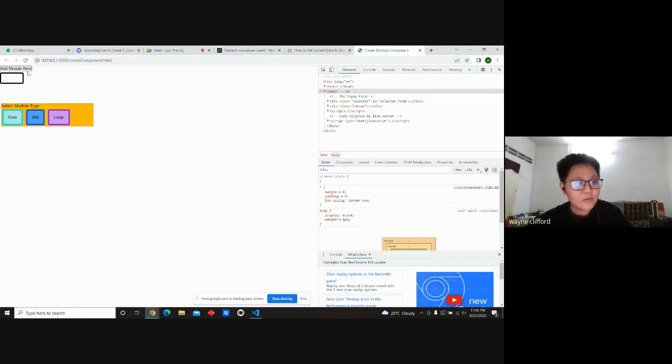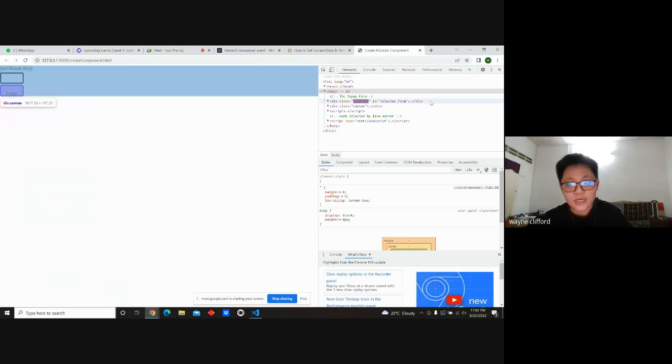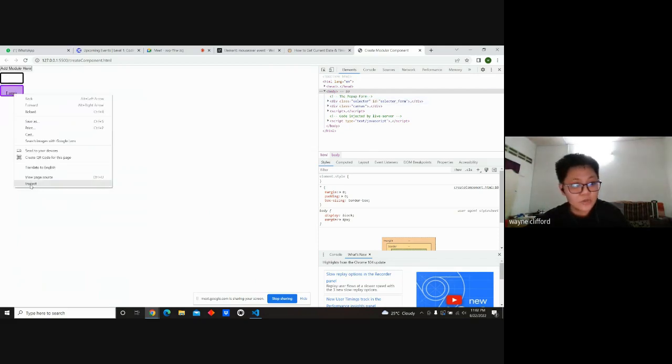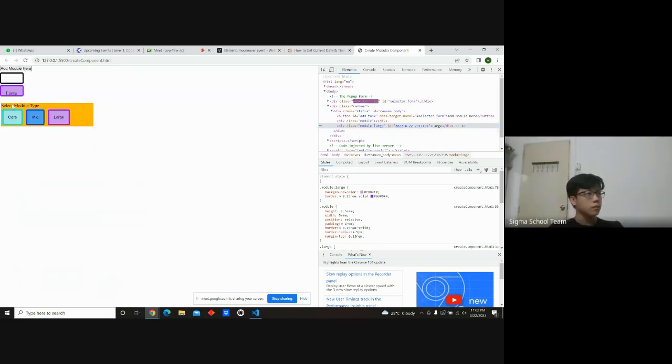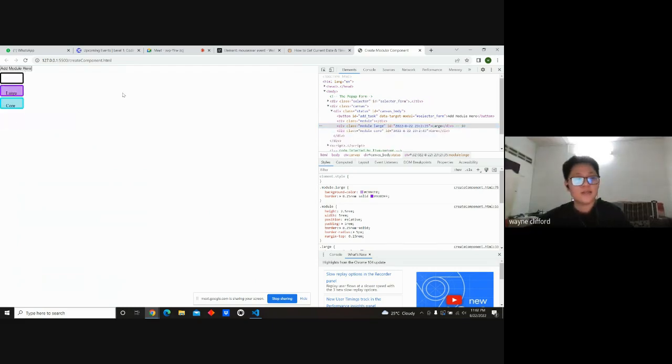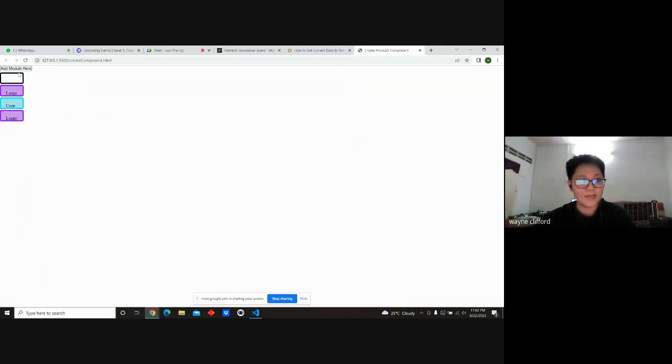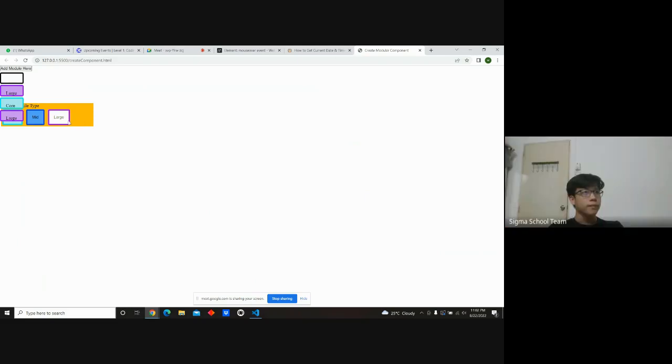Okay, so I add a module, I add a large. Yeah, it displays a large, and to inspect the element, it will show the current date. Okay. So I try to think how to make this whole thing become a hexagonal, like the one you show inside the